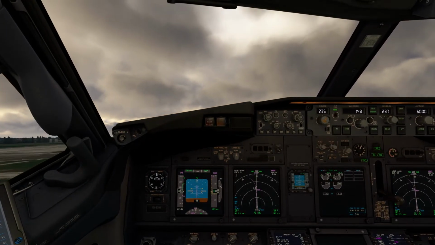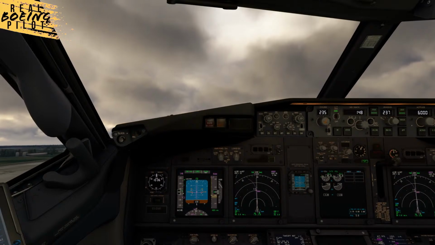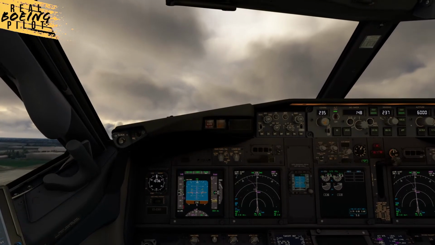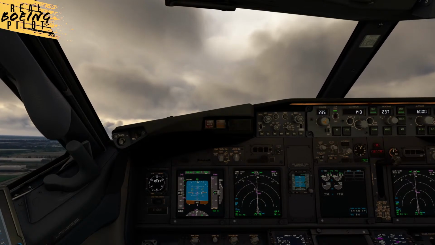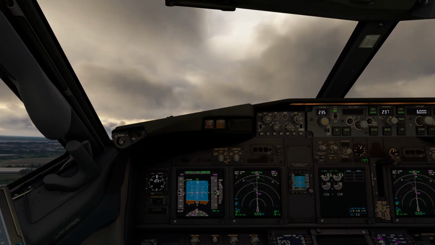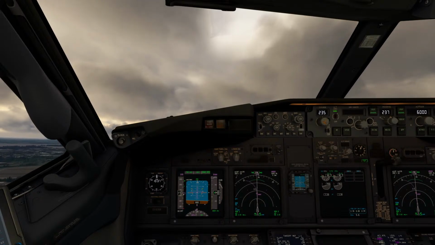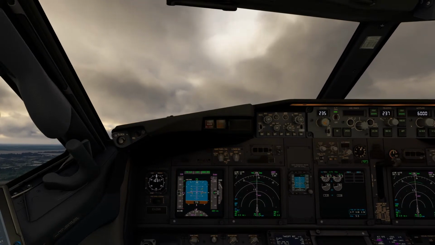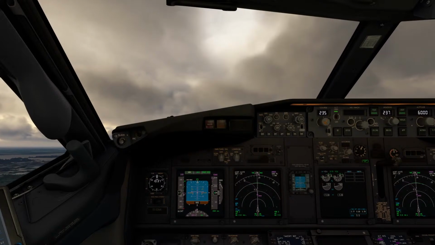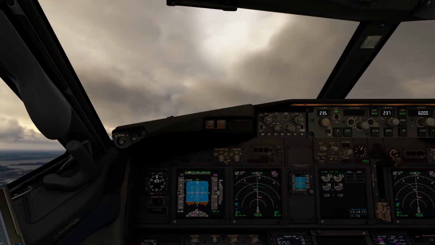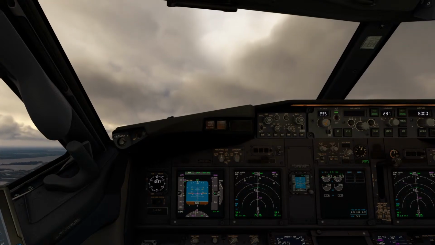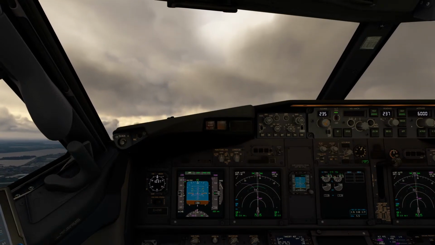Positive rate of climb. Gear up. LNAV. And we are going to fly manually a little bit. VNAV speed. Airplane starts accelerating to 220 knots, which is our